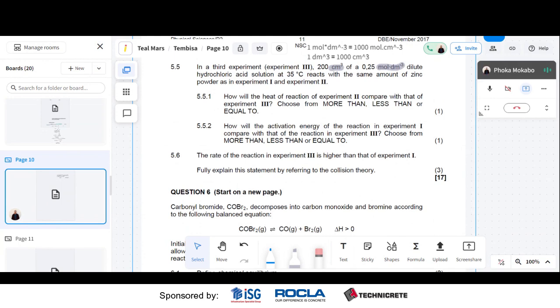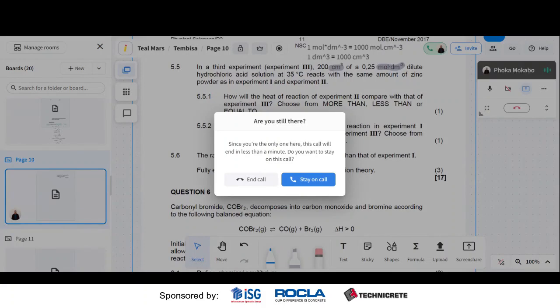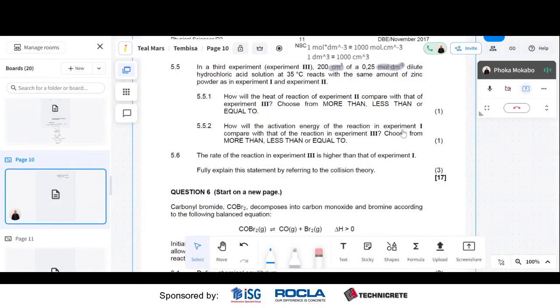Then, how will the activation energy of the reaction compare with those two reactions? Once again, the energy has nothing to do with the concentration or the volume. It is simply an energy related comparison, and the comparison remains exactly the same. They say the rate of reaction in experiment 3 is higher than that of experiment 1. Fully explain this by referring to the collision theory. Okay, bit of a mouthful,